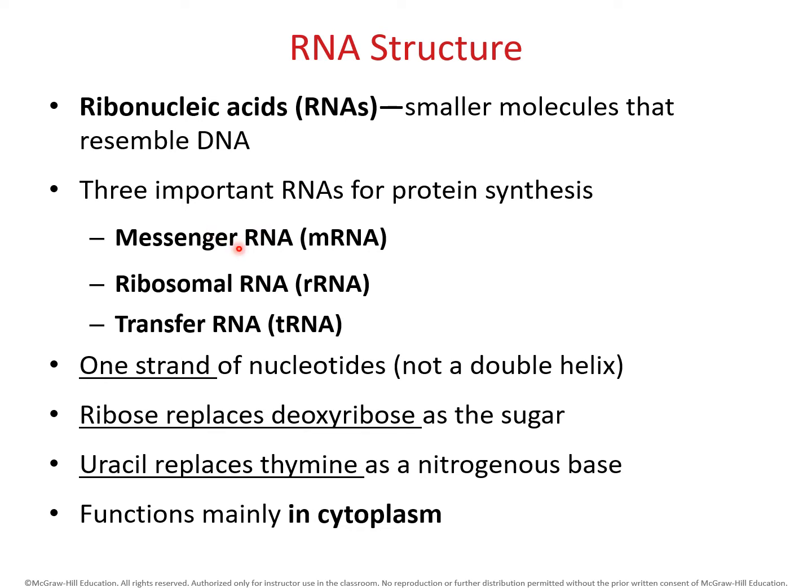So messenger RNA is a copy of DNA. And then RNA is going to leave the nucleus, right? And then carry that message out to other areas of the cell. So messenger RNA is really cool because it can go into the nucleus, get your DNA copy, and then leave the nucleus, right? Because, you know, DNA can't leave the nucleus. So it's really a big deal, this messenger RNA, because this is the molecule that's going into the nucleus, getting the genetic code, and then leaving the nucleus and giving that DNA code message to the rest